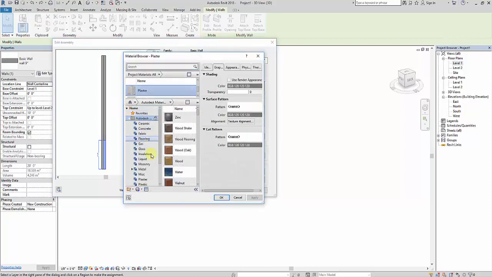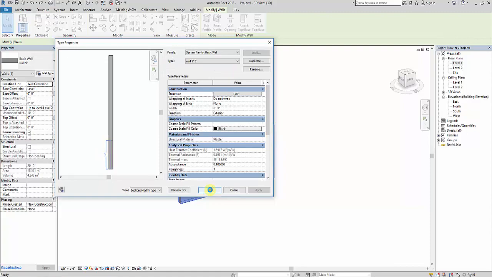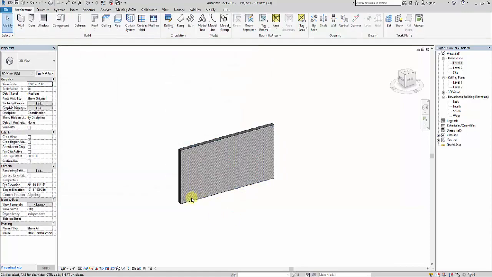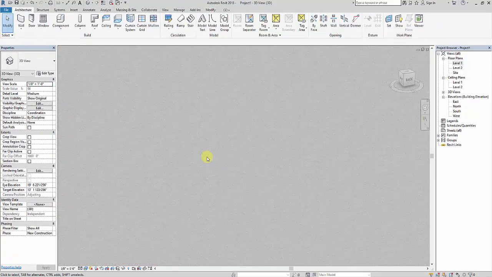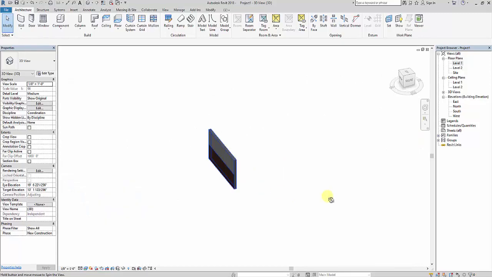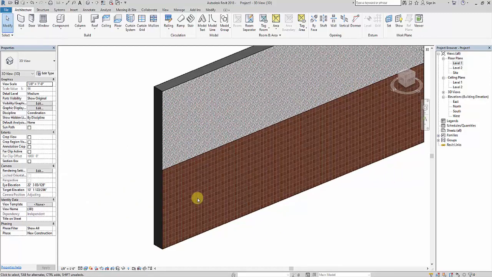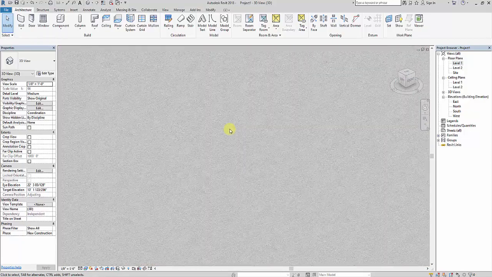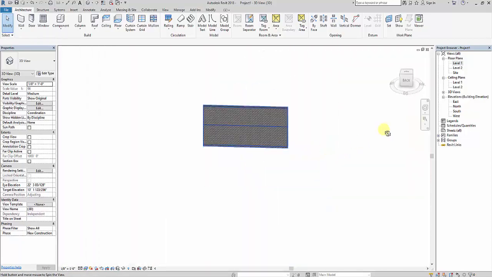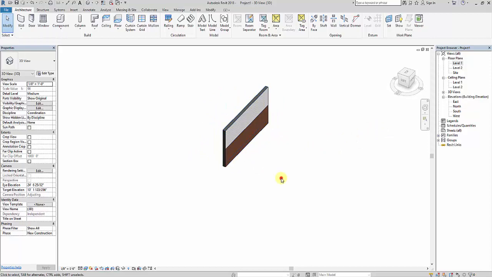That is a splitted portion. So you can see here this side you are getting a total white paint, that is a total plaster, and here you are getting it half tiles and half paint. Okay, so you can do it like this, in this way.